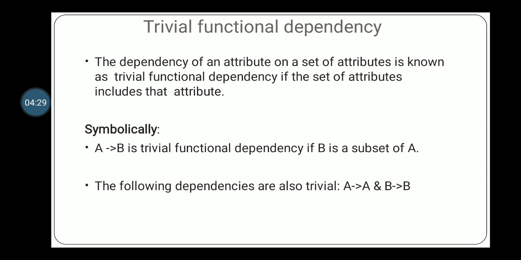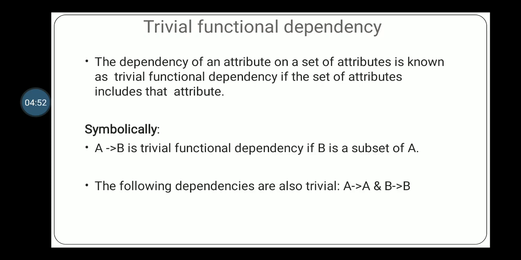Either it can be represented as A tends to B, so B is a subset of A. B must be a subset of A, or A tends to A and B tends to B is also possible. So this is what is trivial functional dependency. For example, what I have said